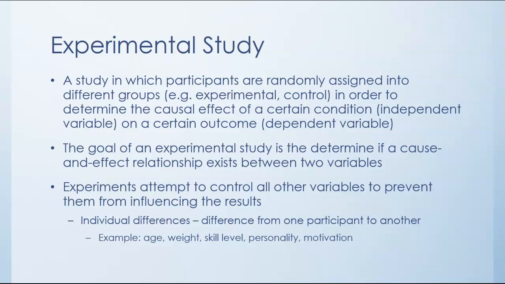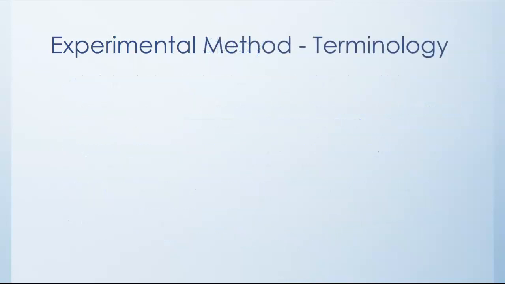Those are our extraneous variables we were talking about in the previous video that the correlational studies cannot control for or don't typically control for. We do try to control for those in experimental studies. So those could be just differences from one participant to the other, like age, weight, skill level, personality, motivation. So you might give everybody in your study a personality exam to make sure they're as similar as possible, or as similar to the population that you're studying as possible. And there are definitely some other things that come into play when we talk about experimental studies and influencing variables. So let's look at some terminology.